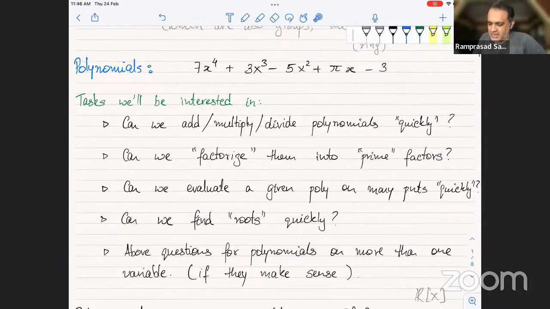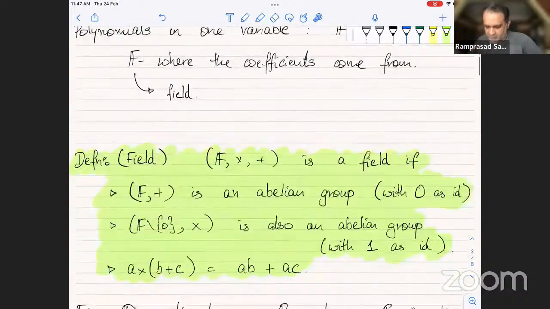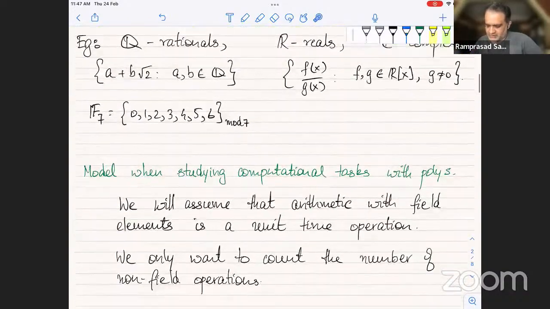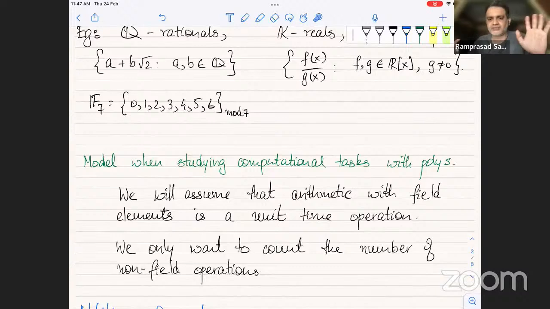So for instance, at the moment, it doesn't even make sense to ask, what is the input size? One of the coefficients turns out to be a pi. So it just feels like, what am I supposed to do here? There is suddenly this weird bit complexity, etc., that seems to be going in. So at this point, what I'm going to just assume is that we will make the following model assumption on